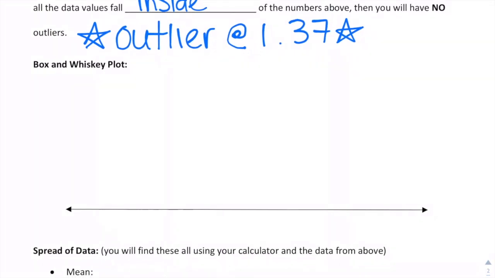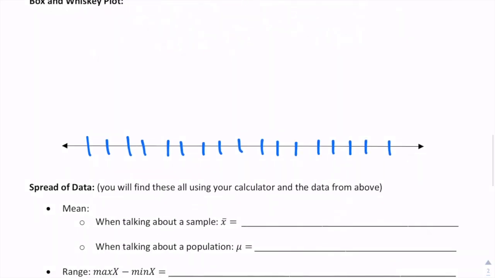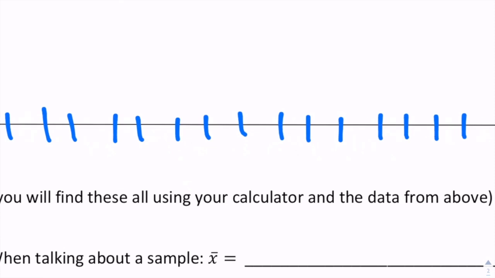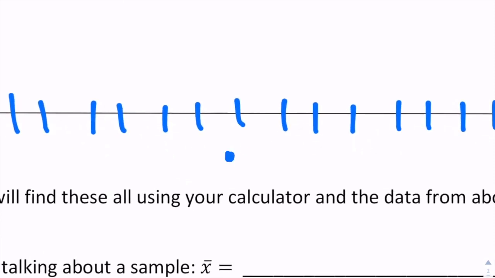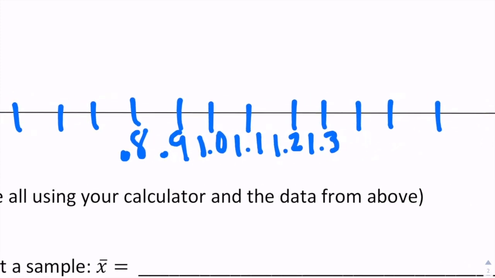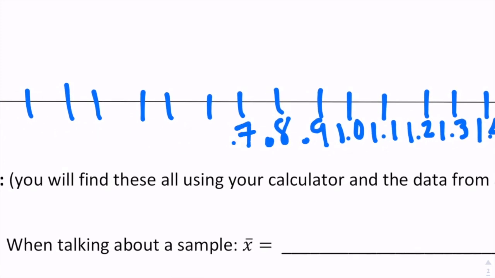Now we're going to use this information to create a box and whisker plot. So we're going to start, we always want to draw a line for our number line, and then we're going to do some tally marks on there. And so you want to put the median just kind of somewhere around the middle, and so I'm just going to count by tenths, and so I'm going to start with 0.8 in the middle, so then 0.9, 1.0, 1.1, 1.2, 1.3, and 1.4, and then we have 0.7, 0.6, 0.5, 0.4, 0.3,